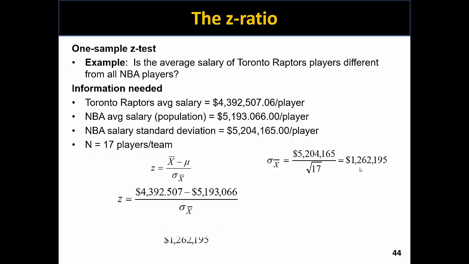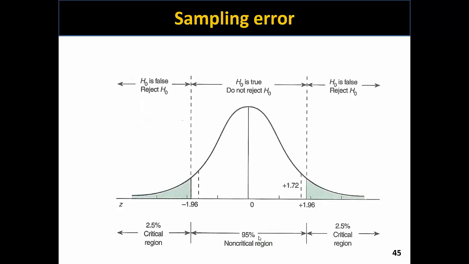When we substitute those values and work through our calculation, know that the units are in dollars. Because we have dollars in the numerator and dollars in the denominator, those units cancel, and we have a unitless value of negative 0.63. So to examine this in terms of its location, we go to the normal curve, the normal distribution, and